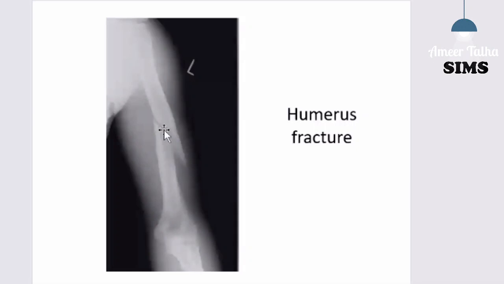If the area is marked, the spiral groove running obliquely from above downwards and laterally, if it is marked with a chalk and you are asked to highlight this one, so this is the spiral groove, mention the structures lodged here, so that is the radial nerve and the profunda brachii vessels. This is its significance. Just below this area is the point where the supracondylar ridges are there, the lateral and